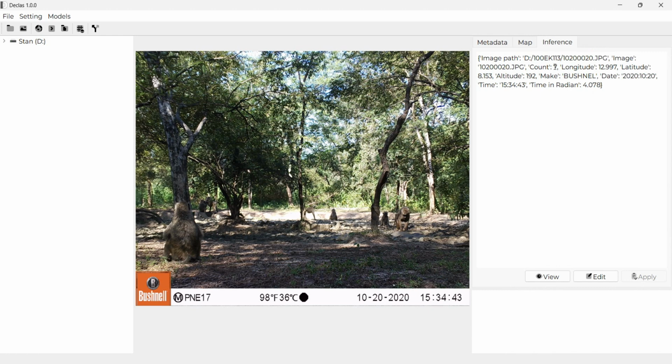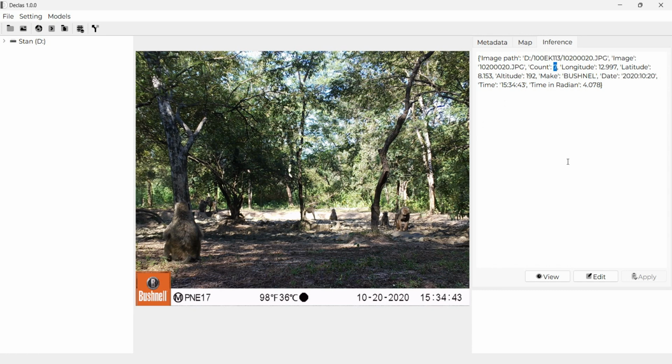Count represents the number of detections we have on our image. If I ask you how many animals we have on this image, I can say 1, 2, 3, 4, 5, 6, 7. So I can say this result is correct for me.